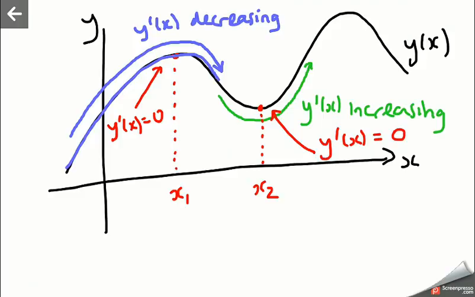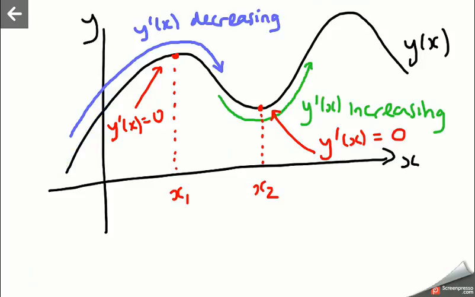Y prime of x is decreasing right up till that point because the tangent lines start out steep and then they get less and less steep as we go along until finally the slope of the tangent line is 0 at the point x1, and then it becomes negative, and then it gets more and more negative right up till about that point there,